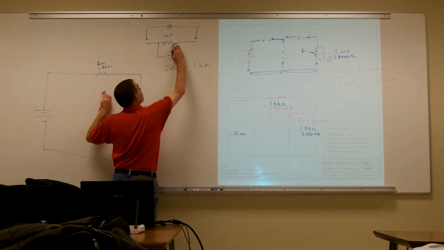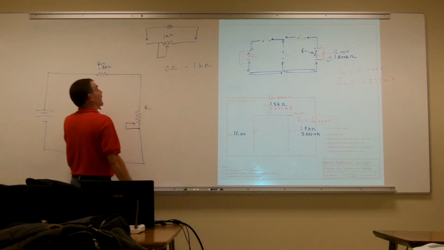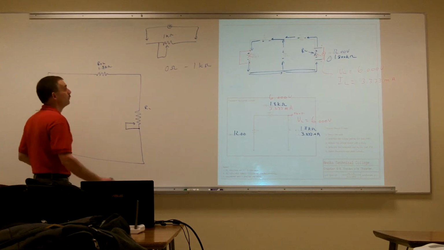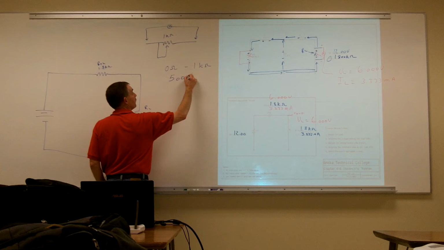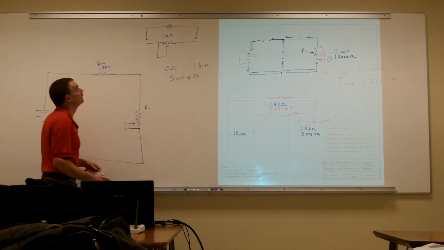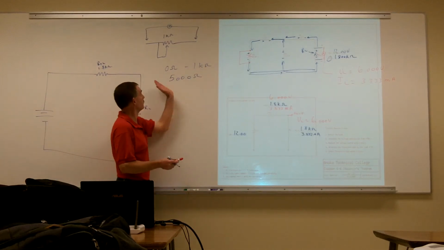And if I put it halfway in between, what would I end up measuring? 500 ohms. I'd measure half the resistance. So I have a range, and I can set my range on it from 0 to 1 kilo